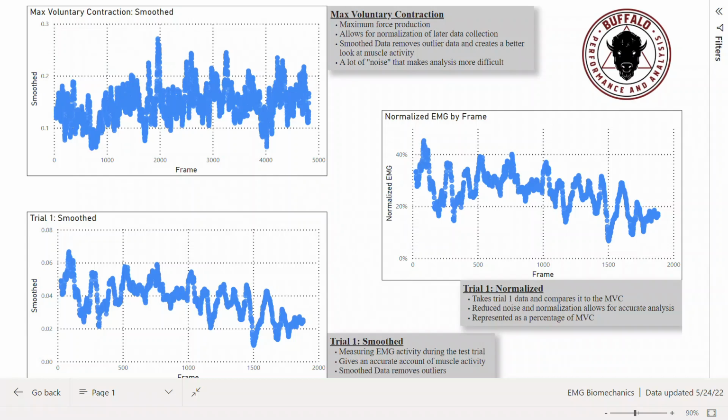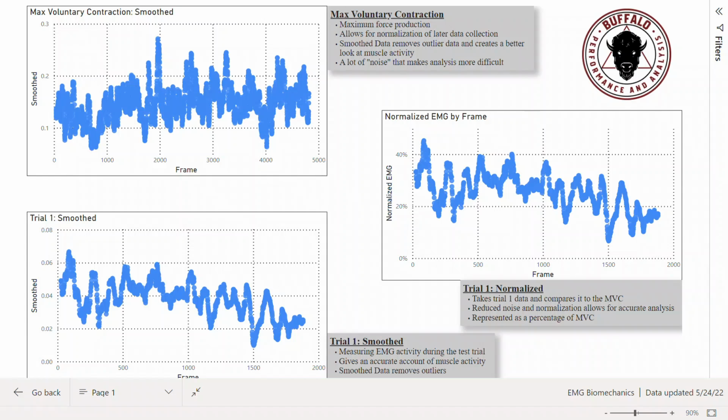Starting off, we see the max voluntary contraction at the top left. Now this is the already smooth data. So what that means is that when we get the raw data, there's what's called a lot of noise. EMG data is very sensitive, but when we are able to smooth the data, we're able to take a moving average of that, and we're able to take away some of that external noise to get a more accurate look at the muscle activity. So the max voluntary contraction, just like it says in the text box, is max force